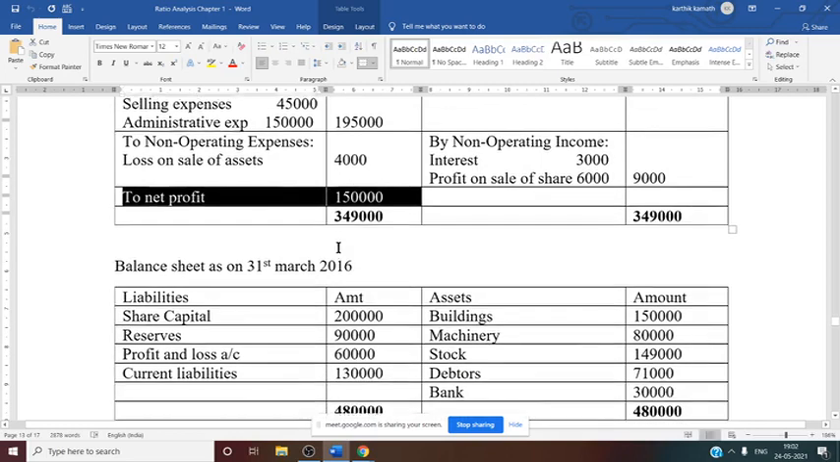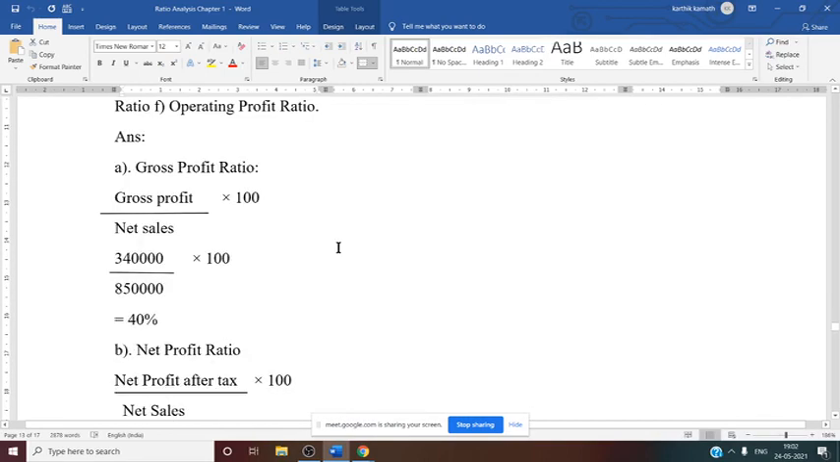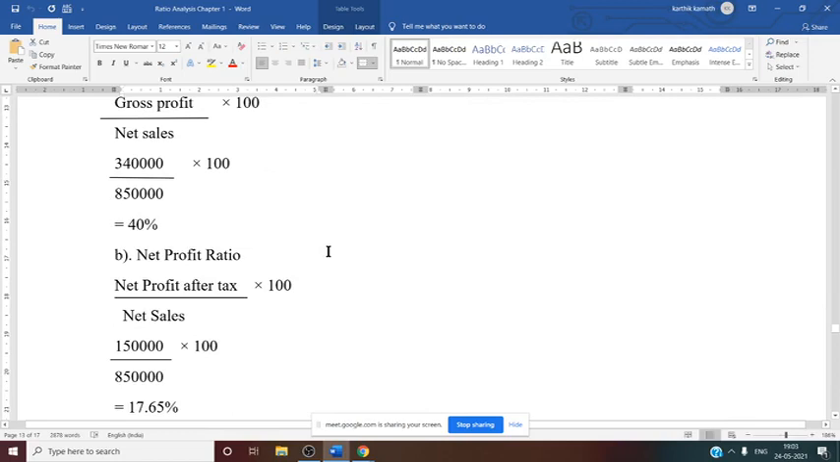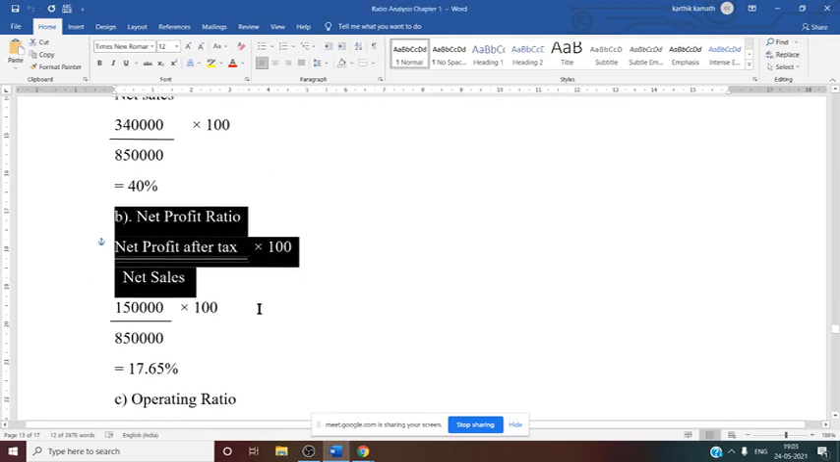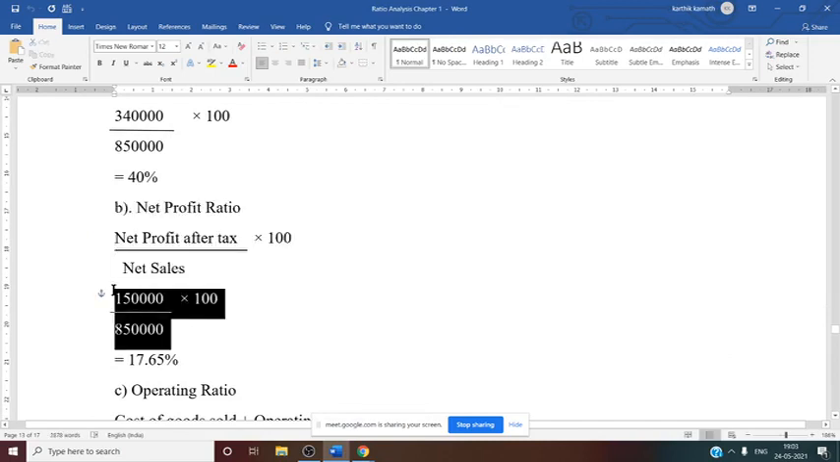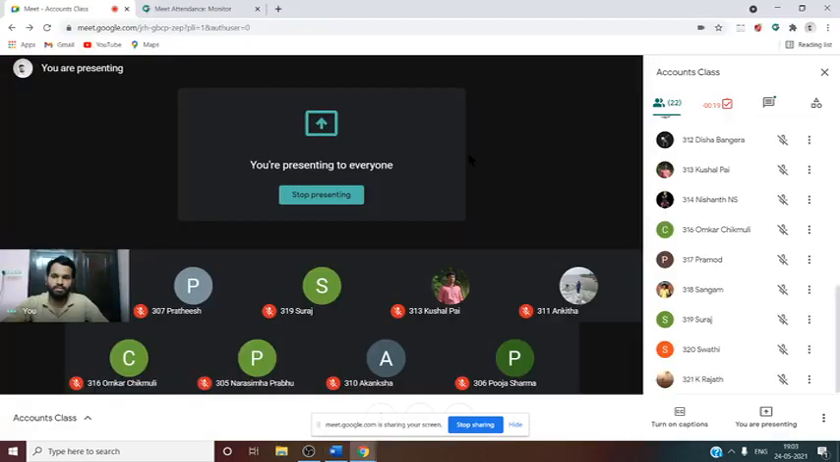So that is net profit after tax, 1,50,000, divided by sales, we know that is 8,50,000. So net profit ratio formula: net profit after tax divided by net sales into 100. So 1,50,000, directly given, divided by 8,50,000, that is also mentioned, into 100. Answer is 17.65%. So again, this you can express in terms of ratio, that is